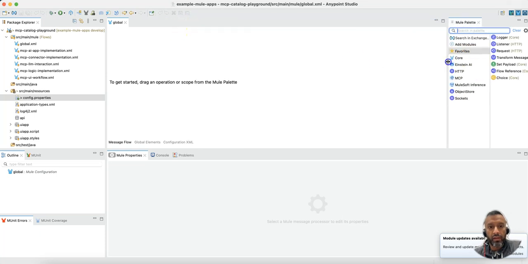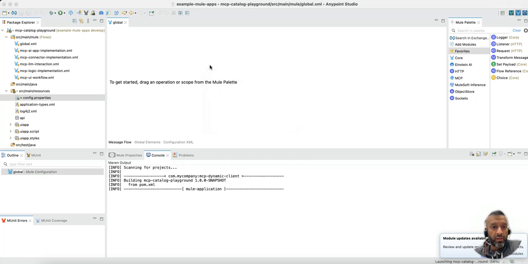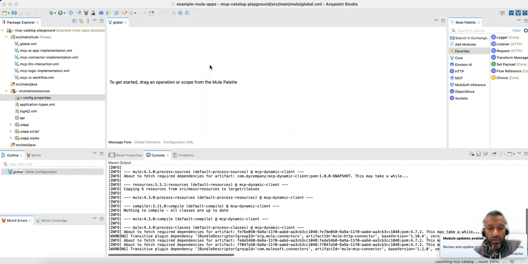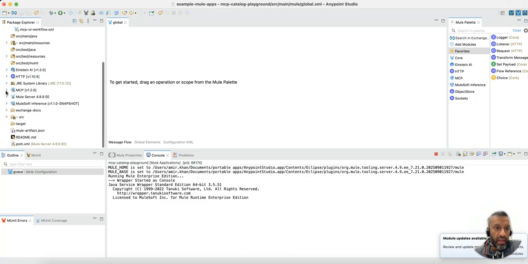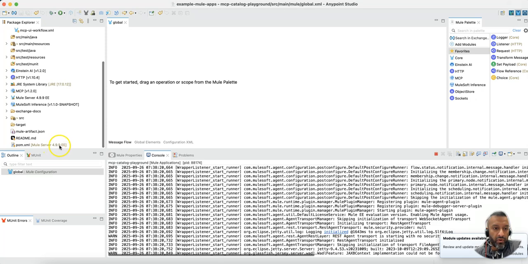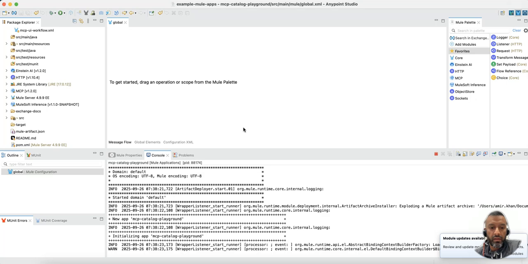What I need to do as the next step is just run it locally. So just hit the run button. It should deploy without any issues. Just make sure you are on Java 17 and you have the latest runtime here, 4.9.9. That should be the prerequisite. But the moment it's deployed,